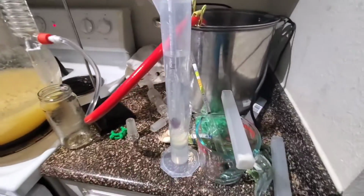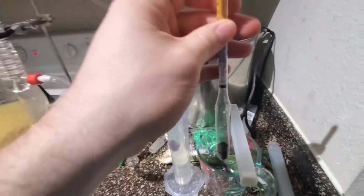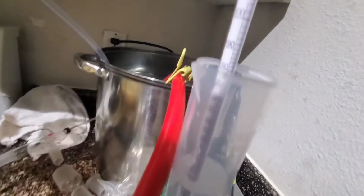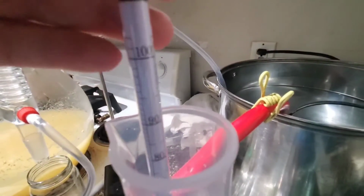Okay, awesome. So I thought about it for a second. I have a second hydrometer that's for moonshine. So this first hydrometer maxes out at... what percentage does this max out at? Let's find out. 20% is what it maxes out at. So I don't know, maybe that's tripping it up. Because when I dropped this one in here, because this goes up to 100% proof. This goes up to 200 proof, which is also known as 100%. So I dropped this bad boy in,